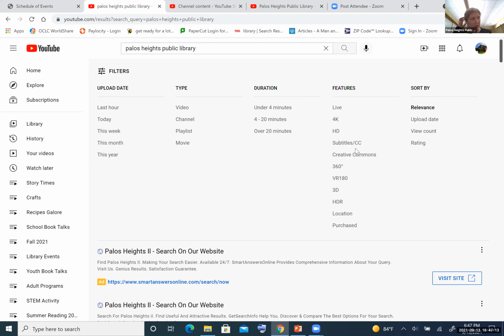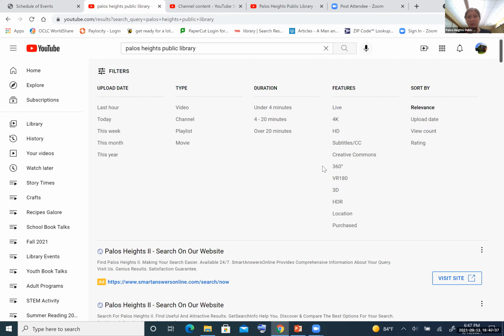Creative Commons means that you are also able to use that video in your own editing, because some videos are protected by copyright. You can't just use other videos in your videos. You have to see if those videos are available in the public domain. So that's what Creative Commons means.